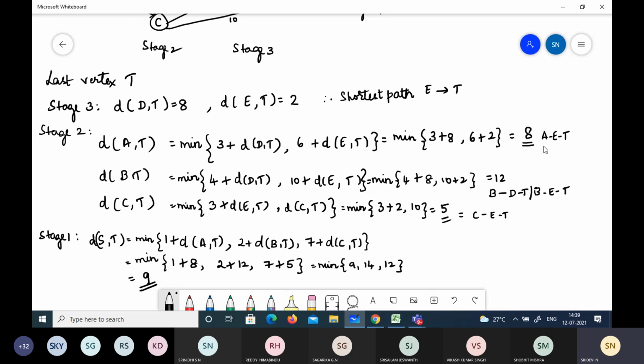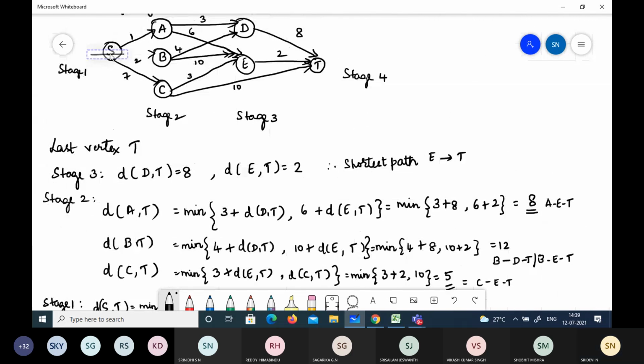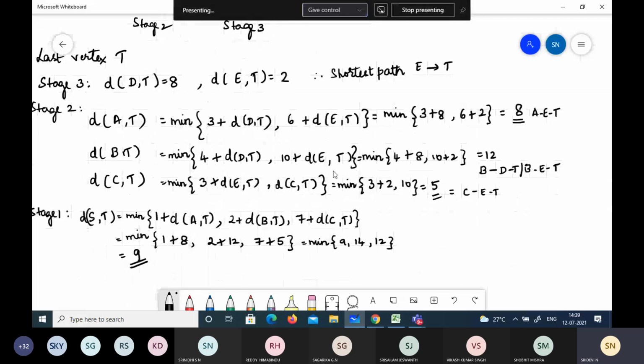So the distance is from the source node S to A and then from A to E, E to T. So it is 1 plus 6 plus 2, which is 9. That is the shortest path in the multi-stage graph.